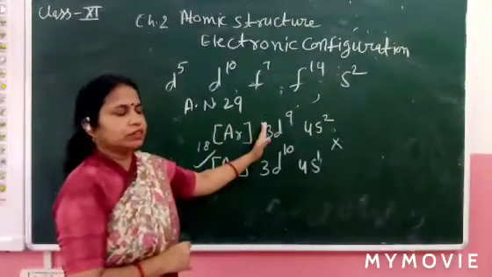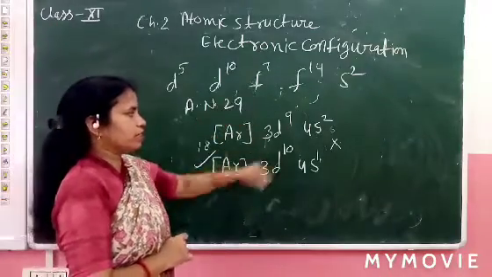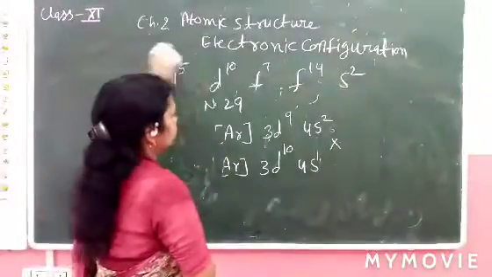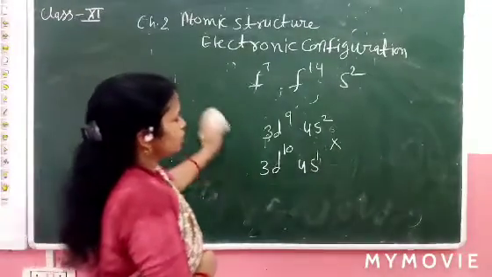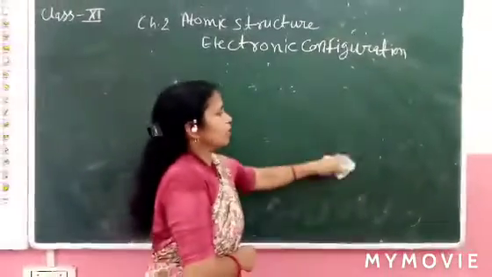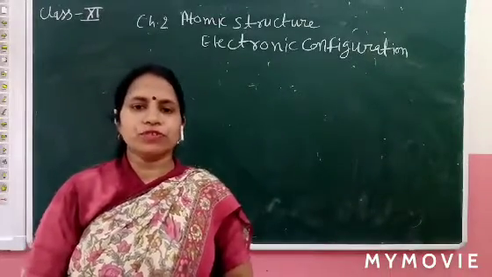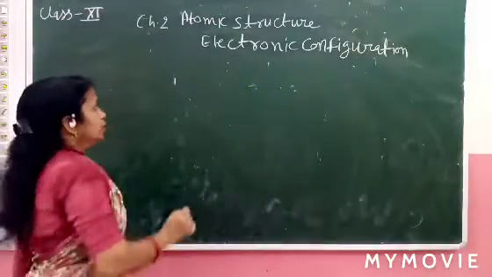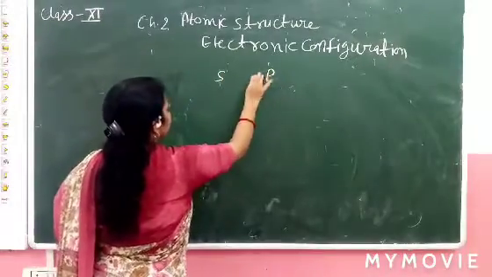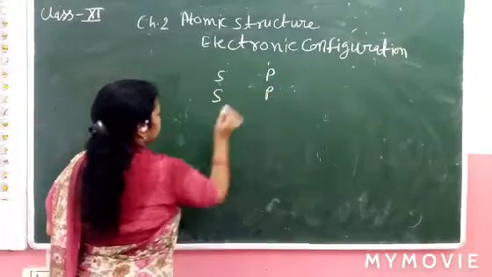How to fill electrons in orbitals? There are different atomic numbers, so you have to solve like this and fill the electrons in increasing order by using the n plus l rule, Hund's rule, and Pauli's exclusion principle. All rules are used for filling of the electrons. Is it clear to all of you? Now I will make a table. You can use this table for filling of the electrons. Let's see.